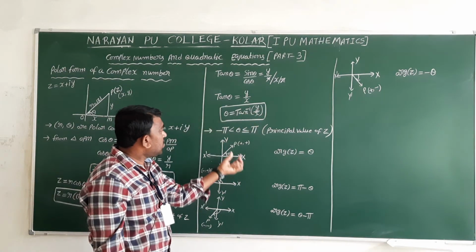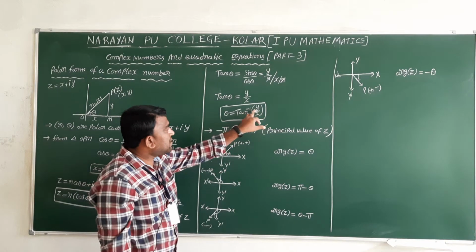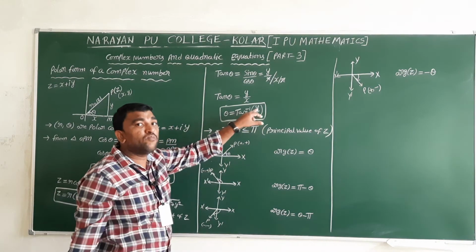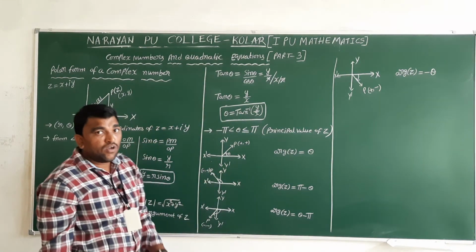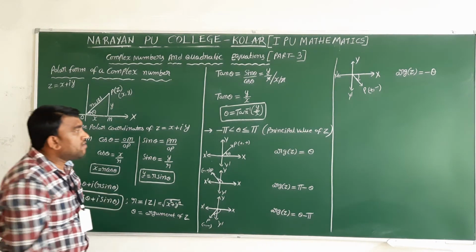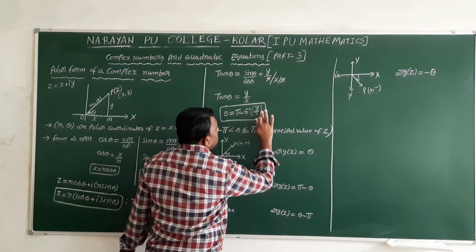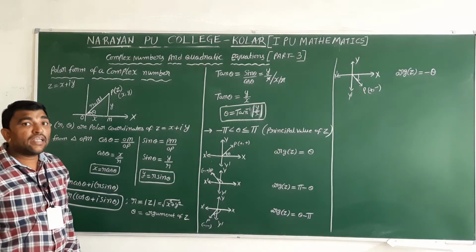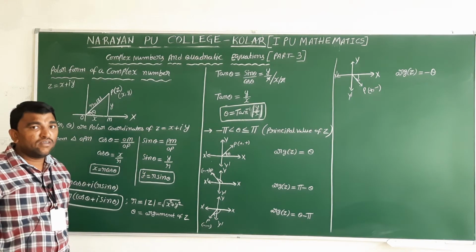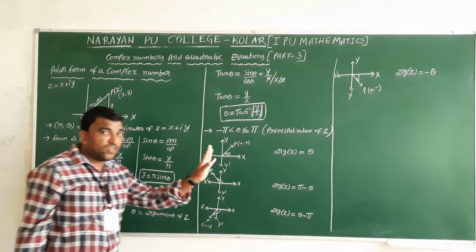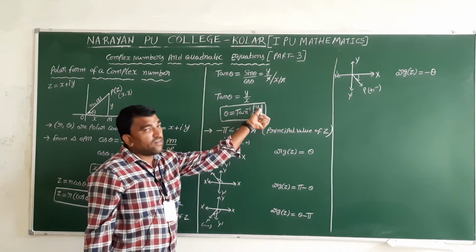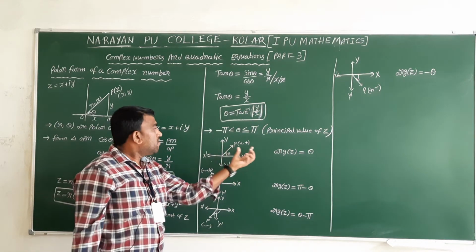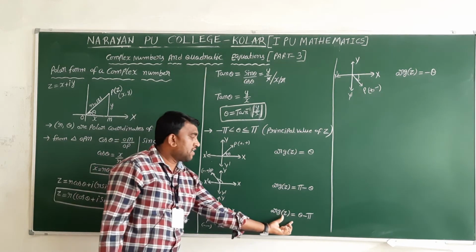So this principal value lies in the range minus 180 to plus 180. If there is a minus sign, this will be converted into the fourth quadrant or the second quadrant. You may get a doubt about which quadrant we need to take. To overcome that, to restrict that value, if you take the modulus of y by x, tan inverse modulus y by x, you won't have a doubt about which quadrant we need to take. Even though y is negative and x is positive, because of the modulus it is converted into positive, then we can take the argument value easily based on the coordinates.